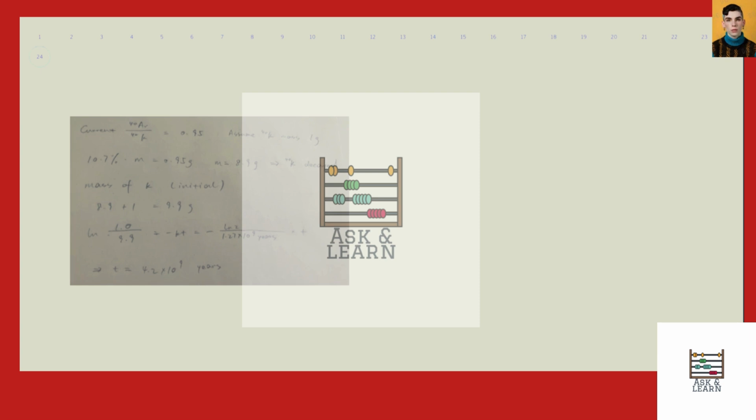So the ratio is 1 over 9.9 gram, ln. This ratio equals negative t, calculated from the half-life. So we know it has been 4.2 times 10 to the power of 9